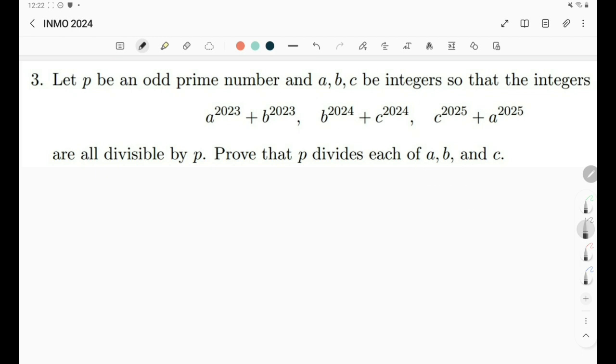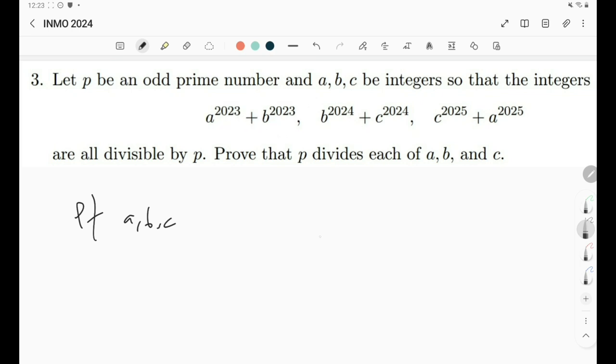So now let's assume that p doesn't divide any. It doesn't divide a, nor b, nor c. Okay. Now, what can we do? As you can see, we have something like this thing is congruent to 0 mod p. This thing congruent to 0 mod p. This thing is congruent to 0 mod p. So if you look at this, because these guys are the same,